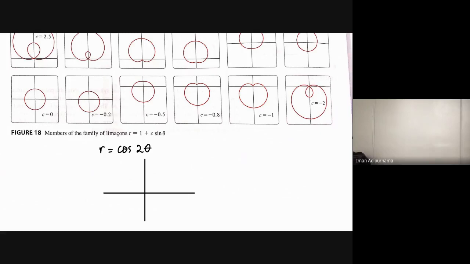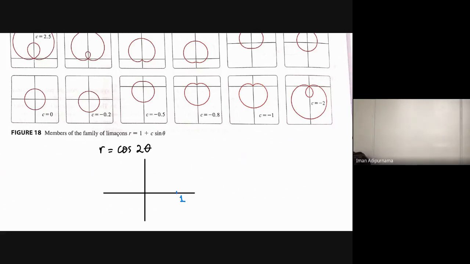So if you start from 0, it will be the maximum r, right? R is 1, right? So maybe I will make it here. So this is 1, the r, right? And then we increase the angle, and maybe using the special angles, pi over 3 or pi over 6,